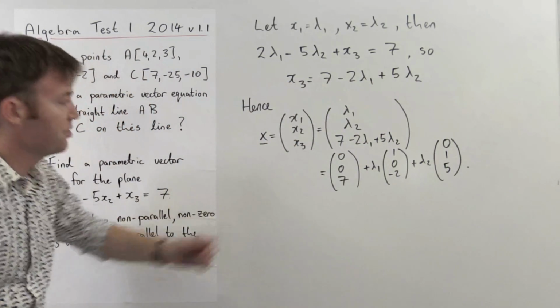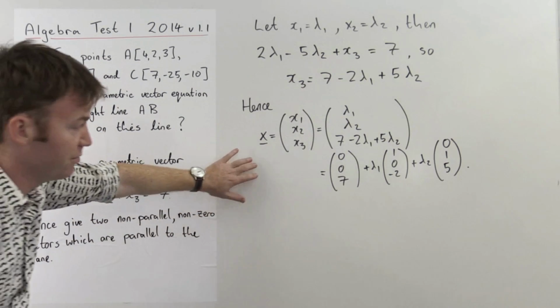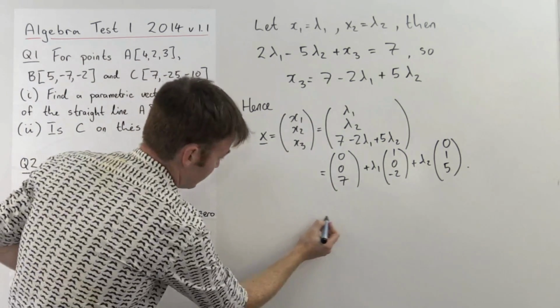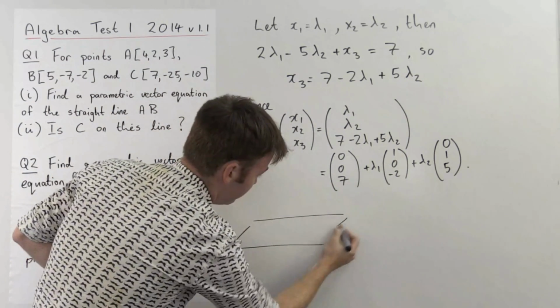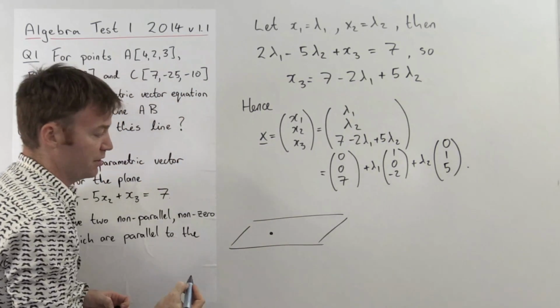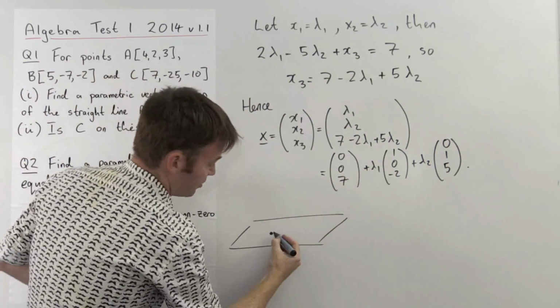Good. My Cartesian equation, sorry, my parametric vector form of the equation of the plane. And hence we're asked to give two non-parallel, non-zero vectors which are parallel to the plane. So there's a lot of words in this. What does it mean? Well, the plane, I'll just draw a kind of picture for you like this. Here's the point 0, 0, 7, and here's my two directions like this,